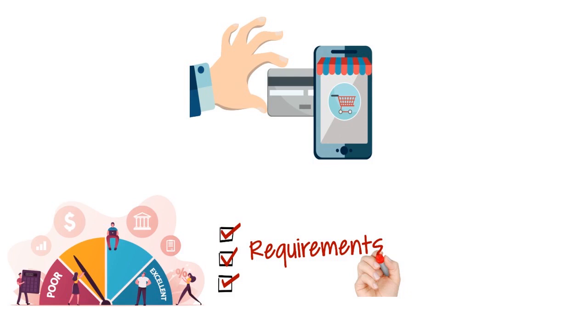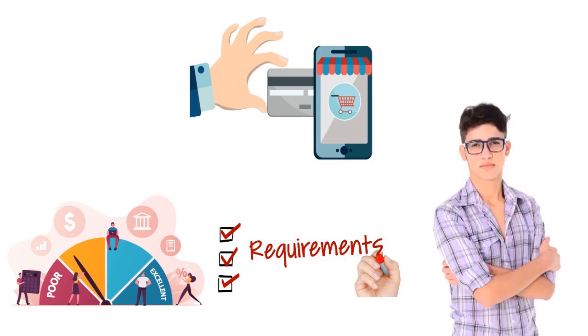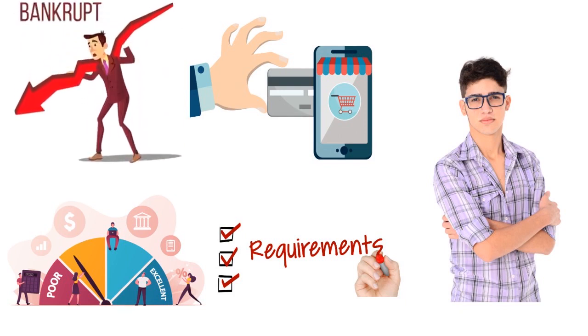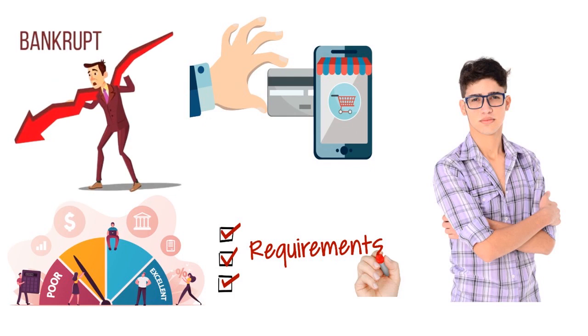So if you're 18 or you're 21, you want to start building credit as soon as possible. Or if, let's say, your foreclosure or your bankruptcy was discharged, you want to go back to the FICO game as soon as possible. The earlier the better. And when we talk about building credit with a credit card, don't forget that you can